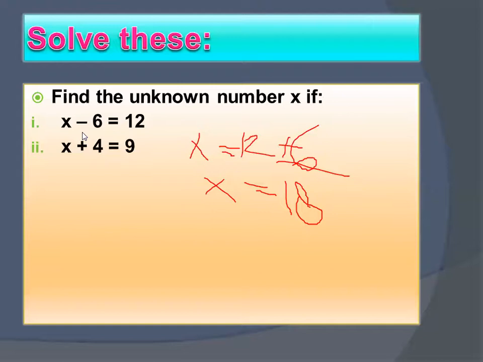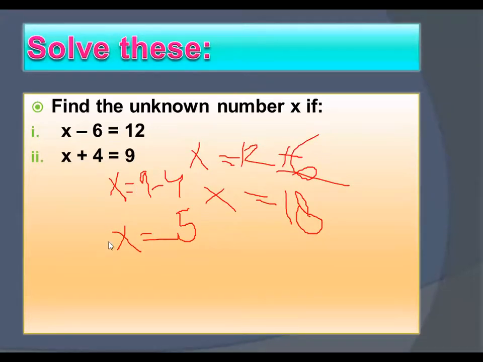Okay. Now, what will be the answer here? Now look here. x plus 4, so plus 4 there will become minus 4. So x is equal to 9 minus 4. It will become 5. That's it. So 9 minus 4 is 5. Okay, is that clear? Does anyone have any questions? Okay, Varda, you are right. Okay, now move on to the next question.